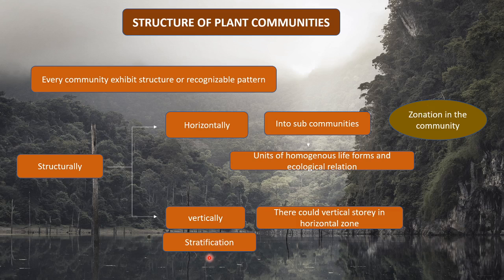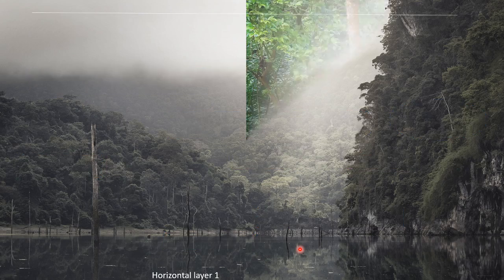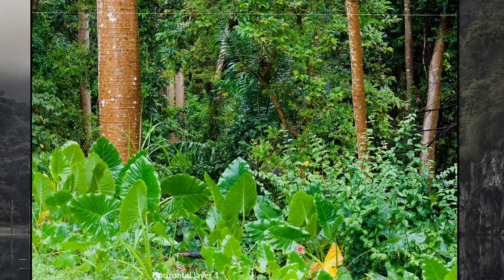So let us understand this with a very simple photograph of a forest, right? So this is a forest, and there are many species. As you can see, there are different species that you can observe, right? There are trees, there are shrubs, large shrubs, small shrubs, and there are herbs, right? There are rhizomatous plants. So there are many kinds of different species that we can observe.